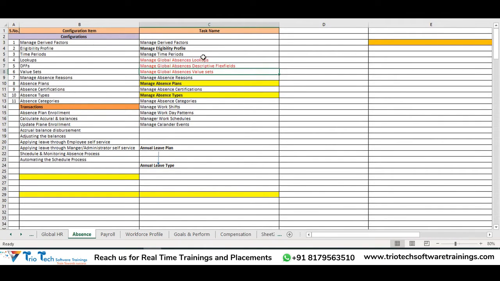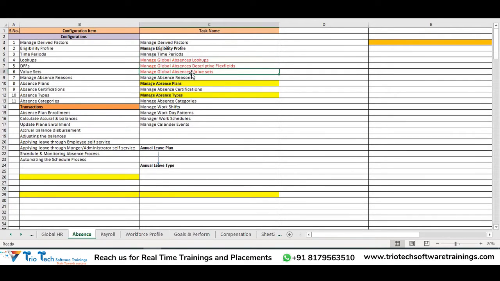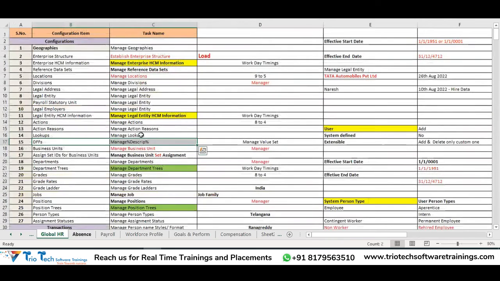What are these, team? We discussed in the core HR module also the concept of lookups. We discussed the concept of descriptive flex field. And within the DFF concept, what is a value set that we have seen? The list of values we are providing to our descriptive flex field. Right, team? So here, team, I told you, in order to configure the lookups in the system, where I have